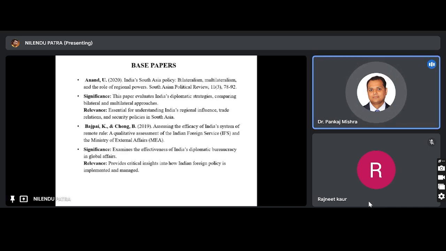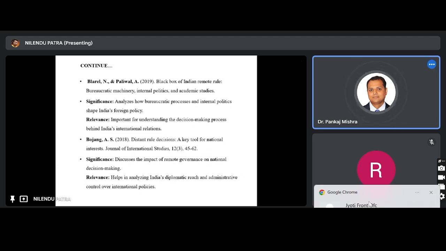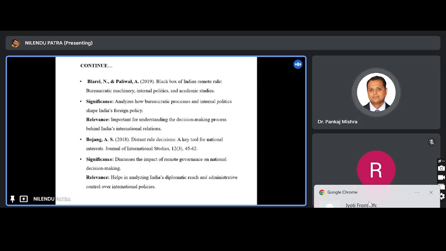नीलेंद्र जी, जब भी पूछा जाता है बेस पेपर के बारे में, तो वी आर टेकिंग बेस पेपर टू एक्सटेंड देयर वर्क और देयर रिसर्च और यूज देयर रिसर्च इन योर वर्क। दो पर्पस होते हैं। पहला, उनके काम को इस्तेमाल करना या आगे बढ़ाना। दूसरा, उन्होंने कोई रिसर्च मेथोडोलॉजी बनाई है, कोई तरीका बनाया है, उसको अपने वर्क में यूज करना। अच्छा ठीक है।